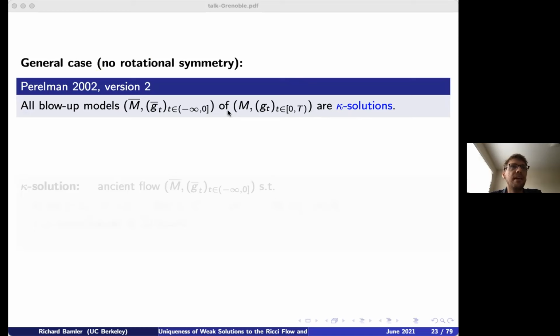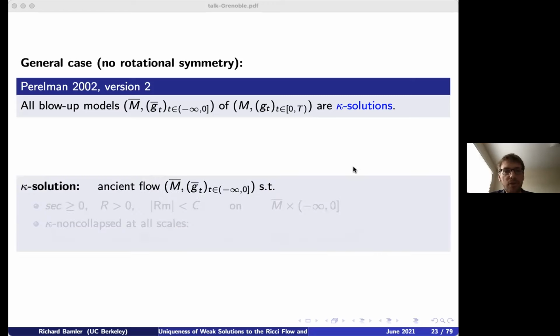So this basically classifies in a certain way what singularities look like, what the formation of singularities looks like, by saying what the singularity models are. So what's a kappa solution? Well, the precise definition won't be so important for us, but let me just write it down here once. A kappa solution is an ancient Ricci flow, as in defined for all non-positive times, that satisfies